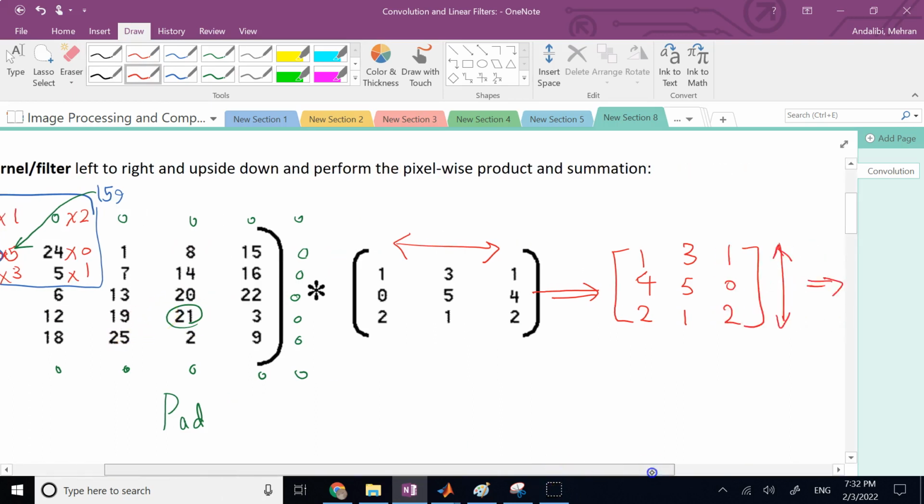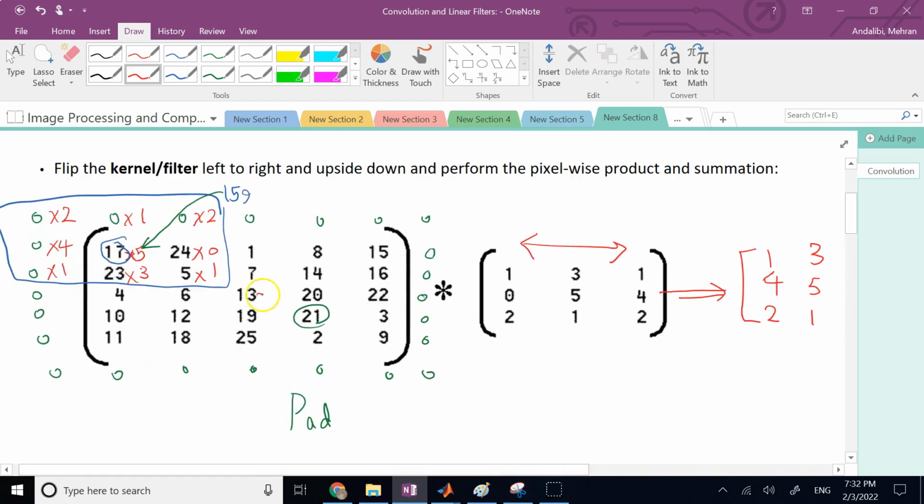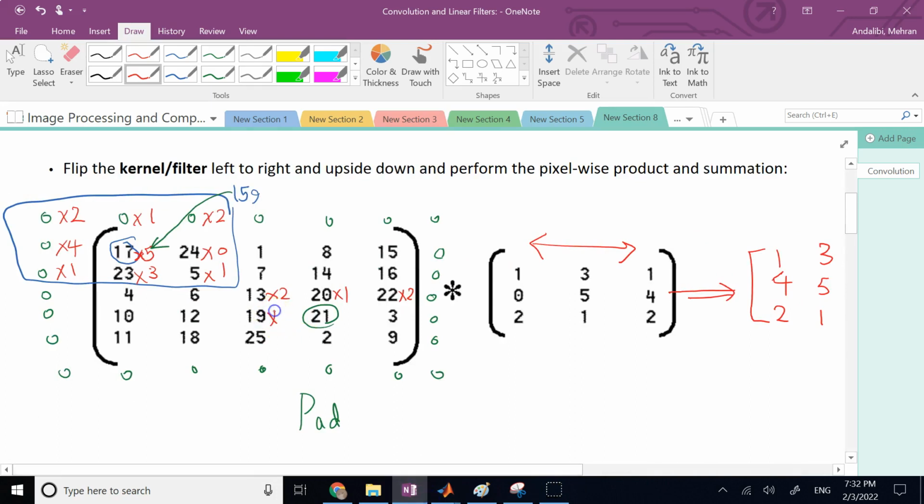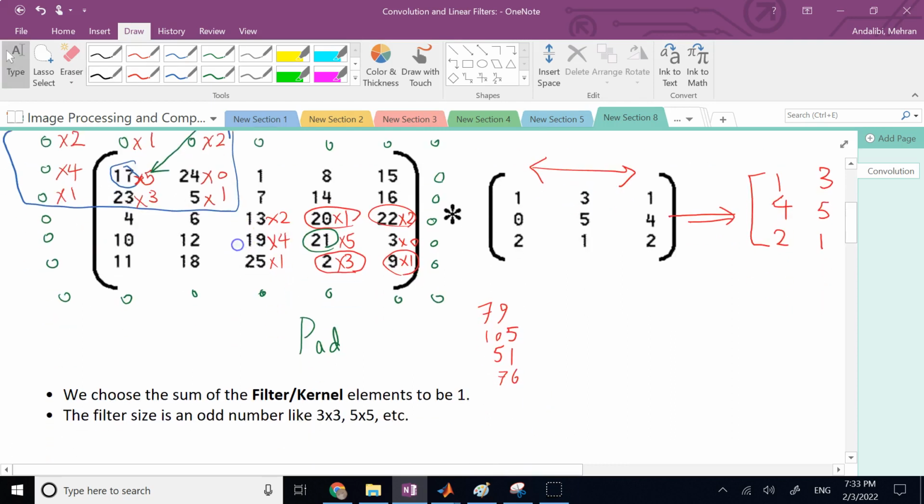So again, I use the same weights that you can see here, right, which are 2, 1, and 2. And then you have 4, 5, 0. And then you have 1, 3, and 1. So if I do that, you have a 44, you have a 9, which is 53. That's 73. That's 79, 79 and 105 that you have here. And then you have a 26, a 25, which is 51. And then here you have a 76 again, right? And I bet we can easily add all these numbers together, right? That's 130. And this is 181, correct? So 181 plus what? 130, which is